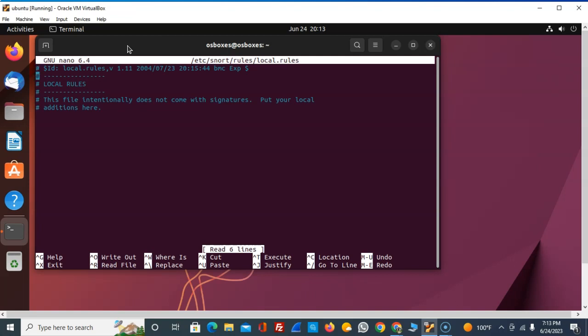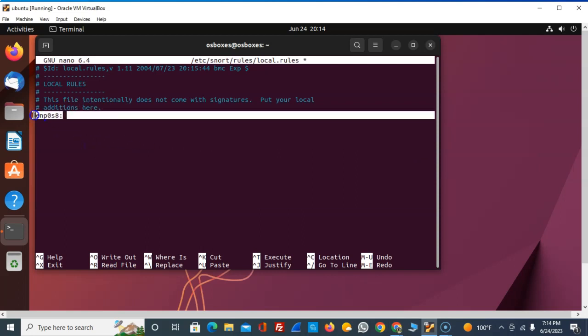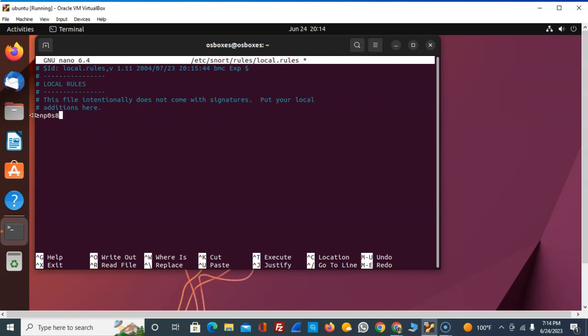Now we're gonna add a local rule here, right? Let me see if I can copy and paste here. If not, then I just need to type it. Copy, and then see if I can paste it here. Oh no, it doesn't work. So I need to type it, okay? So let me type it. Alert